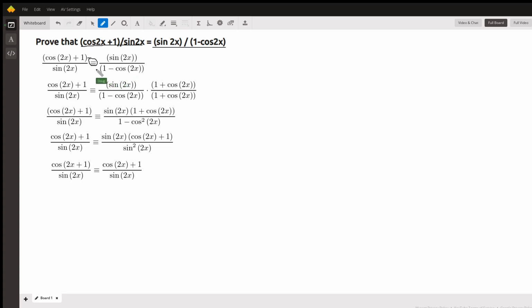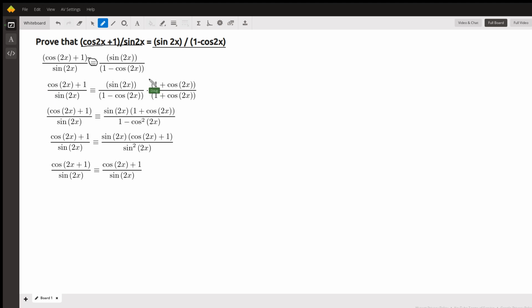Usually when you're proving a trigonometric identity, you don't want to change one side of the identity. You want to work on one side and make it look like the other side. Usually you choose the more complicated side and make it look like the simpler side. In this case, both sides seem to have the same level of complexity, so I chose to use the right